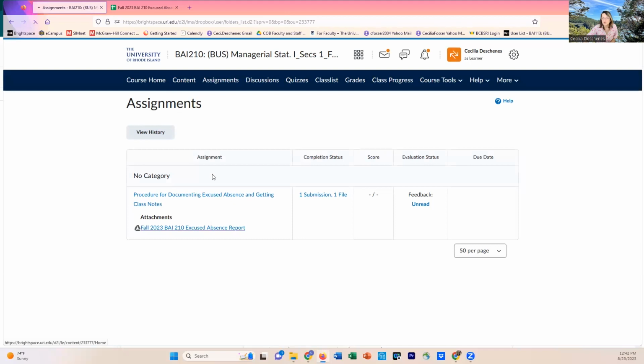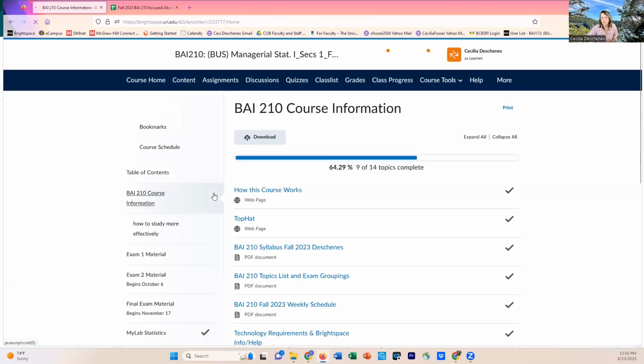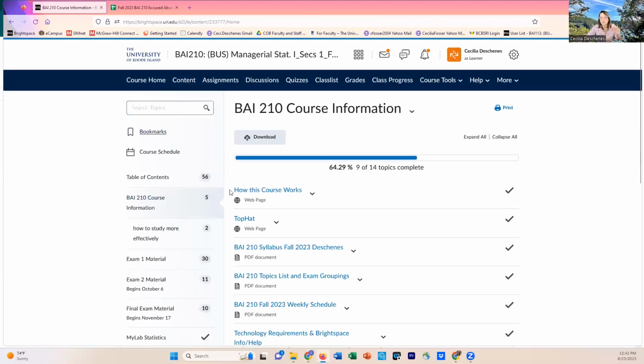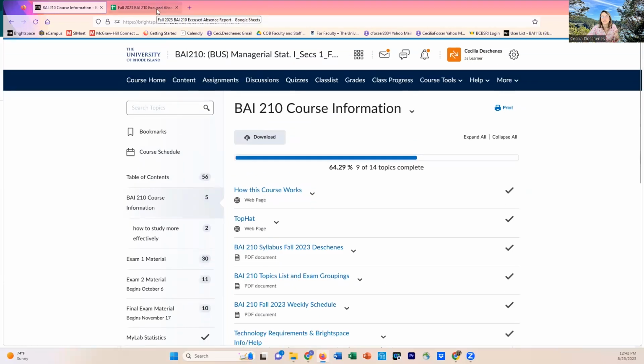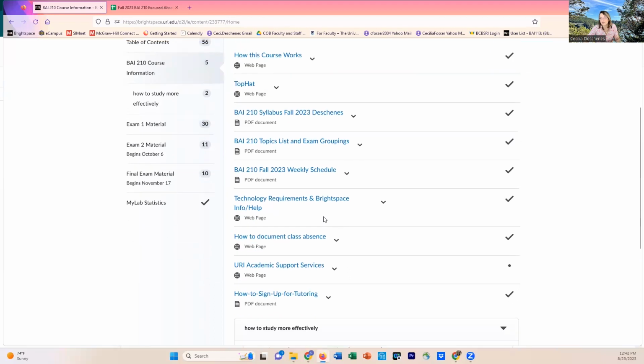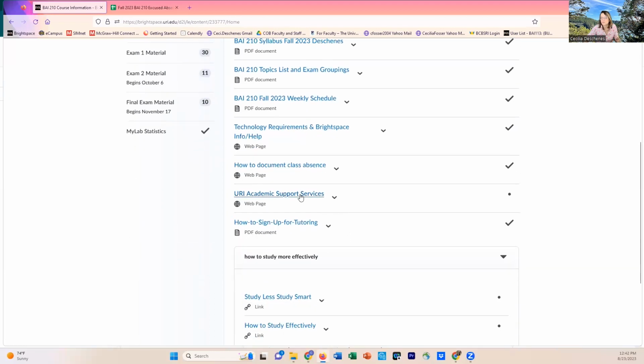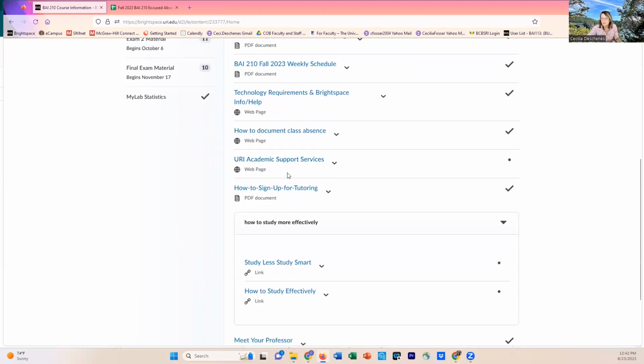So that's under assignments. Let's go back to content. So just to review, there were 2 steps for an excused absence. One is the Google Sheet, and the other one is uploading the documentation onto Brightspace. Okay. And then some of this other stuff is really helpful for you, not only to get tutoring